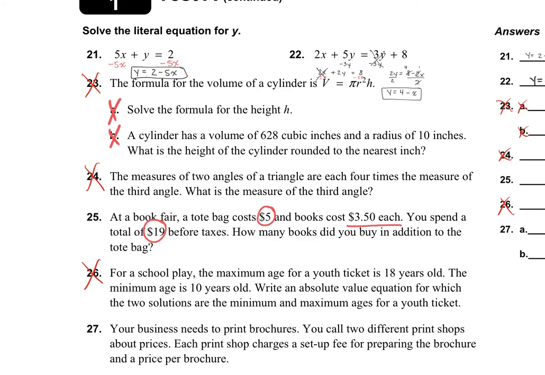So always ask yourself, what is this question asking me for? And it's asking you, how many books did you buy in addition to the tote bag, okay? So what we need to do is establish that our variable is going to be how many books we bought. So let's make that lowercase b, okay? So we're going to write an equation. Our total is $19. So I'm going to write 19 on one side of the equation equals,